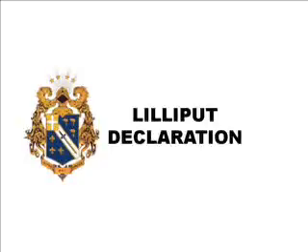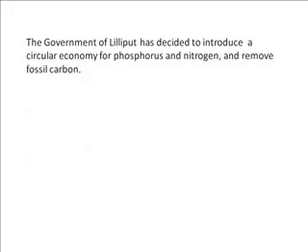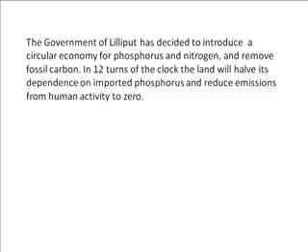The best way to understand market-based instruments for putting a price on pollution is to simulate them, and Lilliput is a great place for a simulation. The government of Lilliput has decided to introduce a circular economy for nutrients, represented by phosphorus, and reduce fossil carbon. In 12 turns of the clock, the land will radically reduce its dependence on imported phosphorus and radically reduce emissions